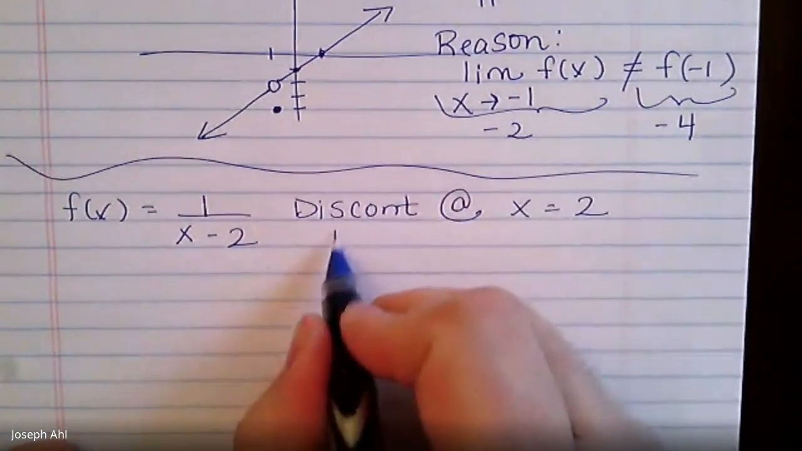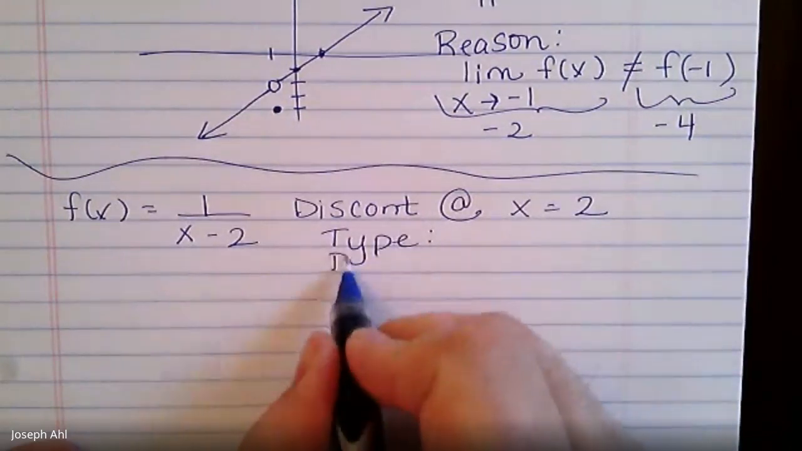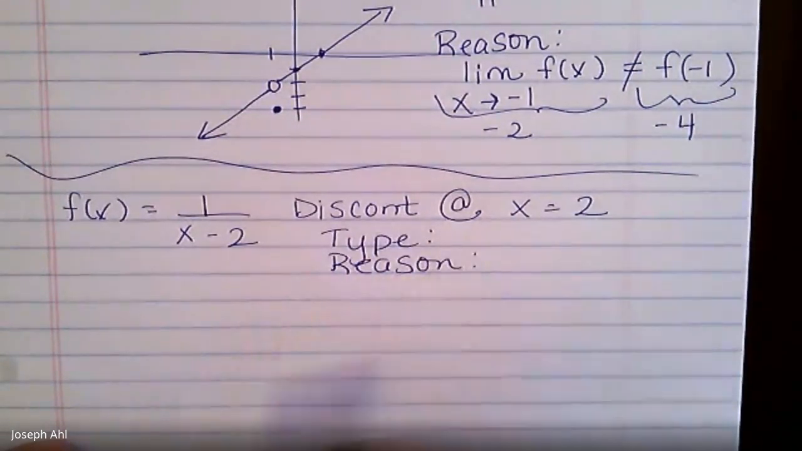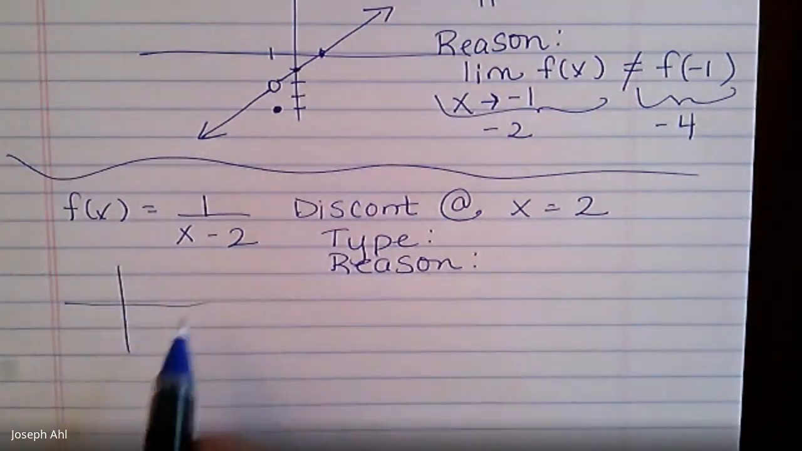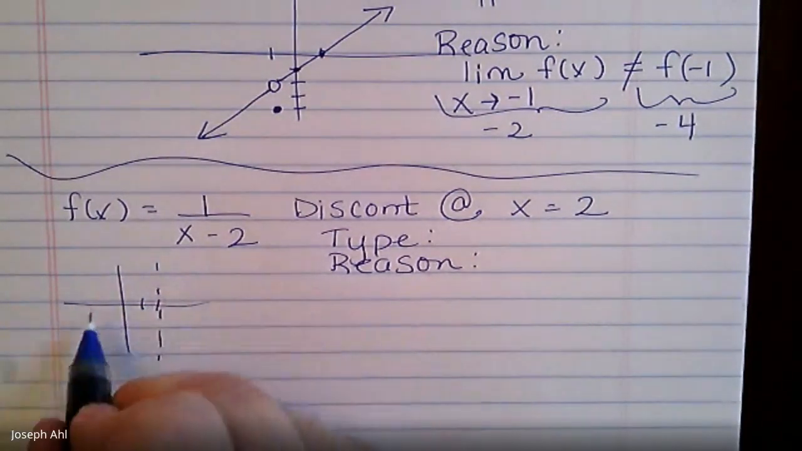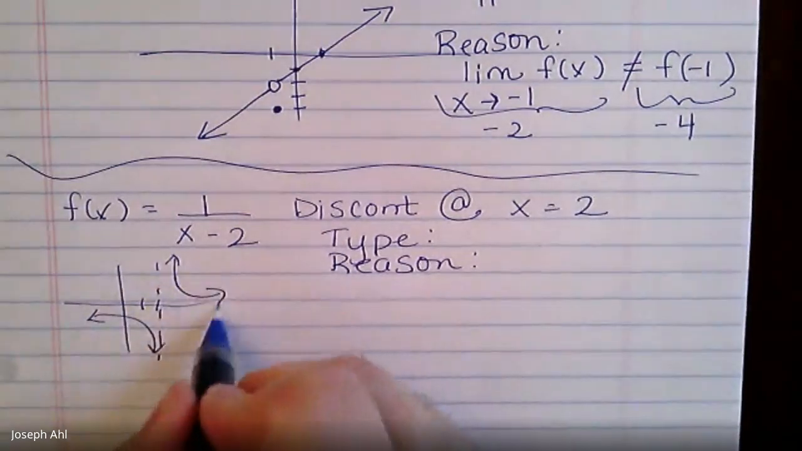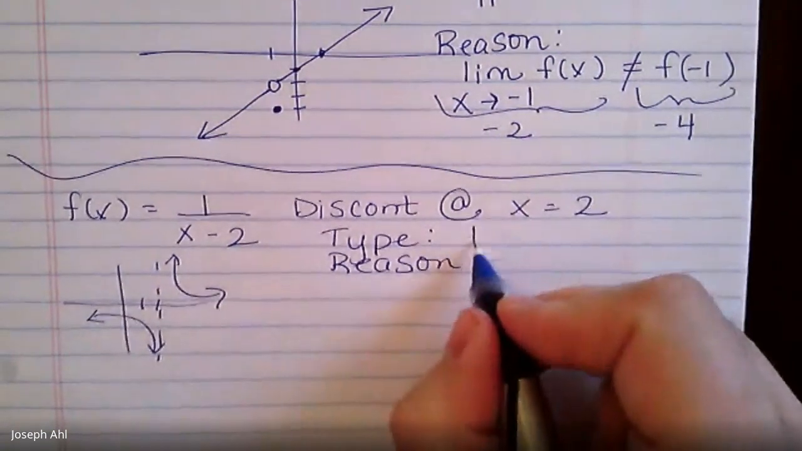So this is discontinuous at x equals 2. But then you have to list a type and a reason that go with that. So maybe you can even think about what the graph looks like. At x equals 2, there's that vertical asymptote. And as soon as I say asymptote, the type is that infinite